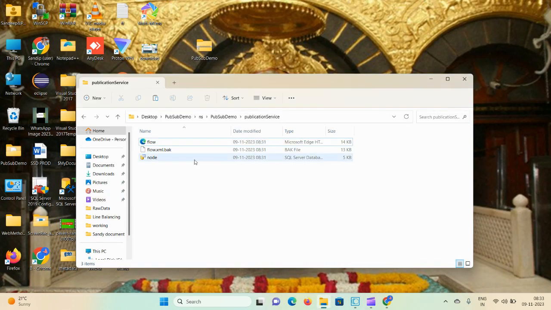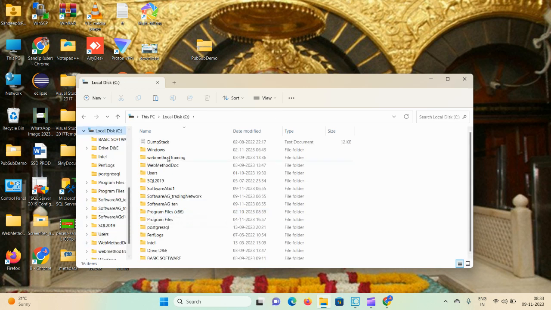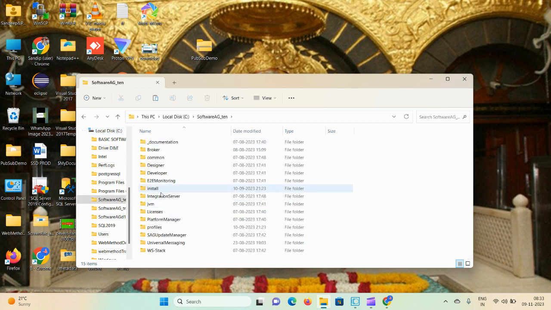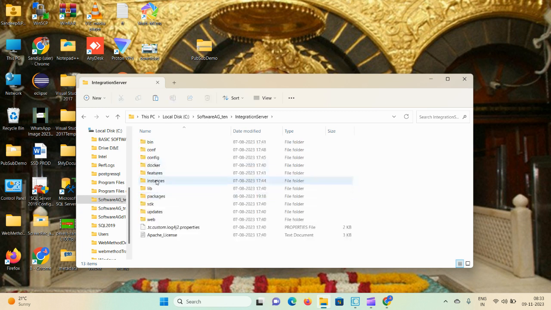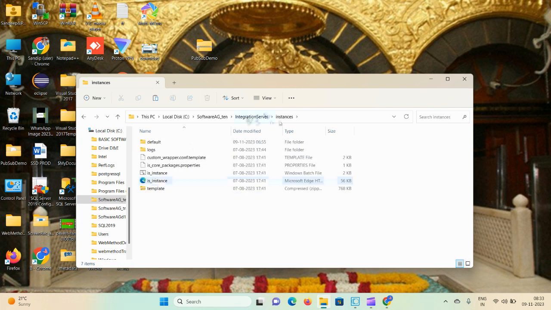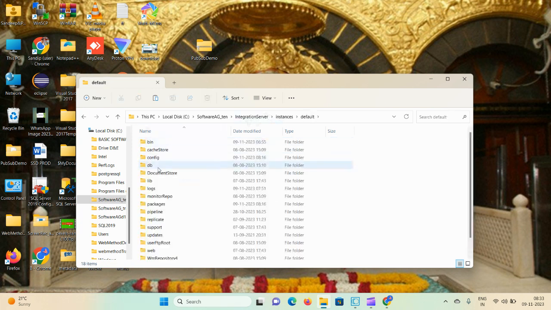So guys, once you're done with your export, press Ctrl+C to copy this package, and you want to install this package to your folder. So I'll show you the path. This is my directory, integration server, then instances, integration server, default, then packages. After default,